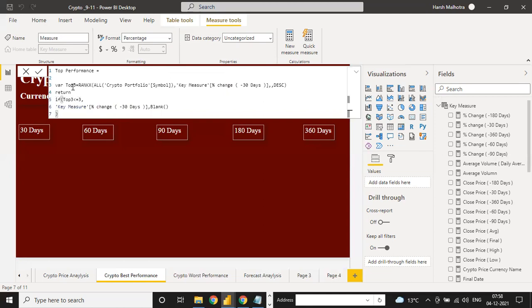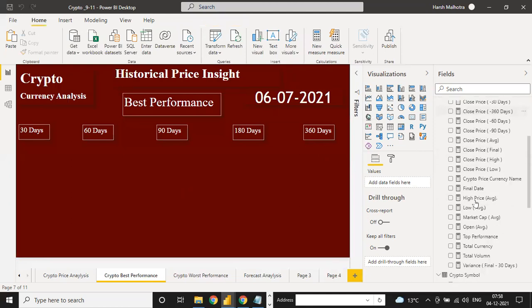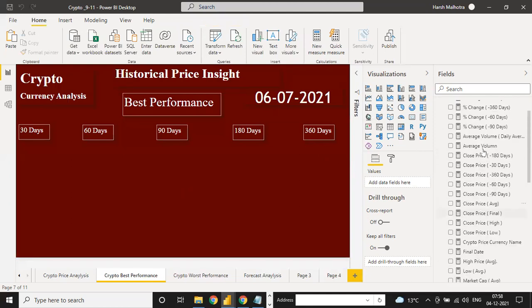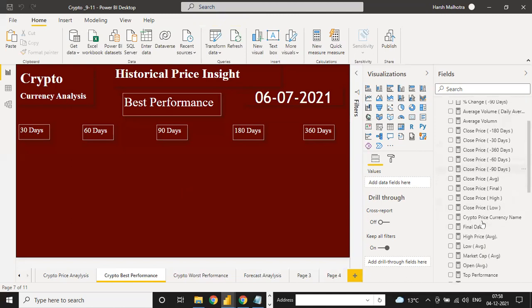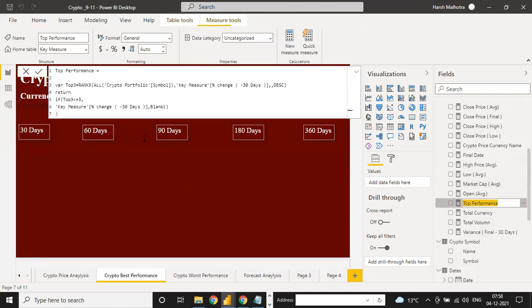So top 3, this is your variable name is same, and just enter. If you click on this enter button, now your value is there. Where is top 3? Top performance, where is, this is your top performance, but I write it here as top performance of 30 days. This is your 30 days only, not for 60 days. 30 days top performance for this currency. And now how to write it? Click on this enter.